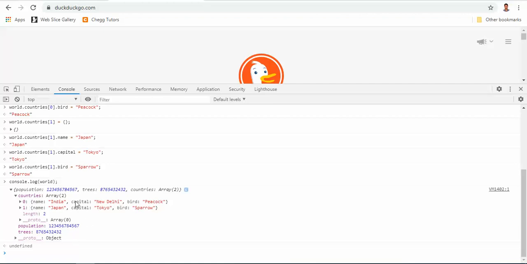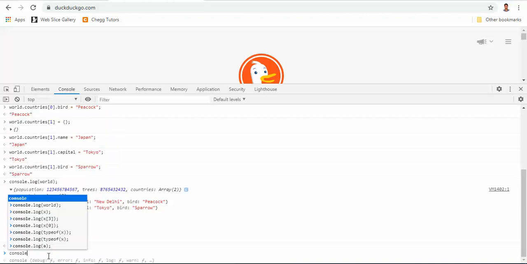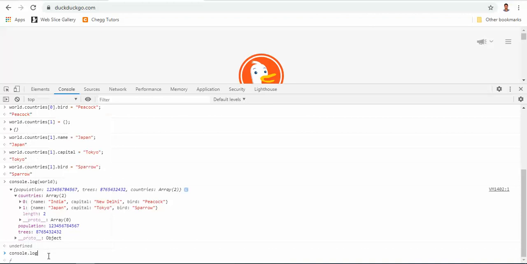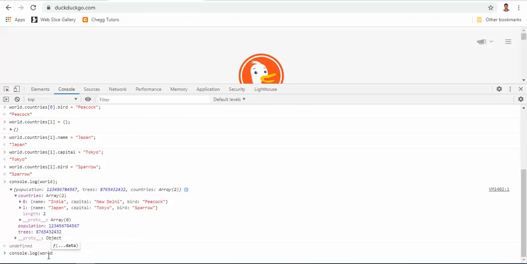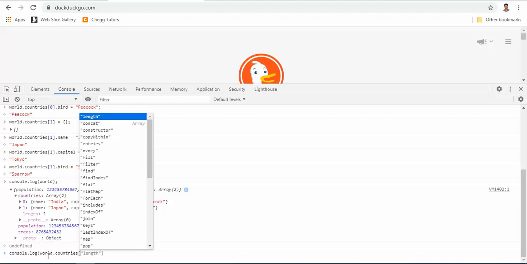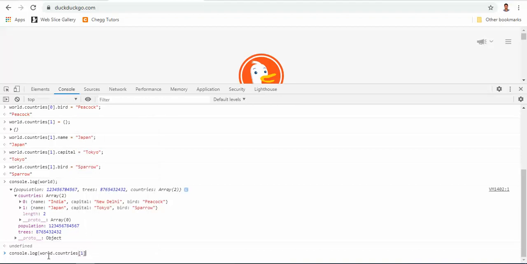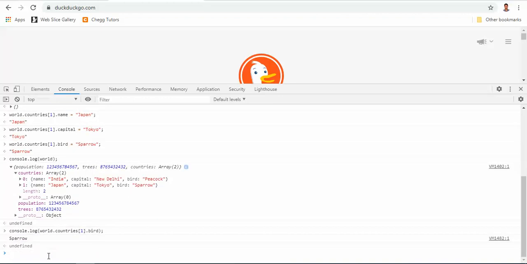So as you can see, if I want to access this bird, this specific word, then what I will do, I will write console.log world dot countries, and first element, first index dot bird. So it will give me sparrow.